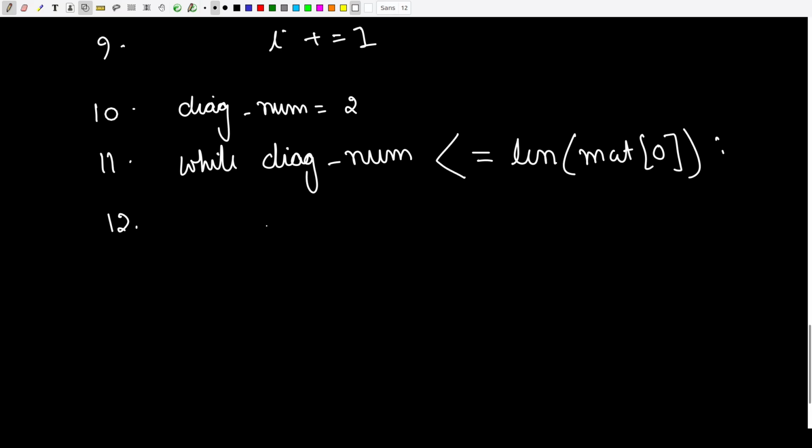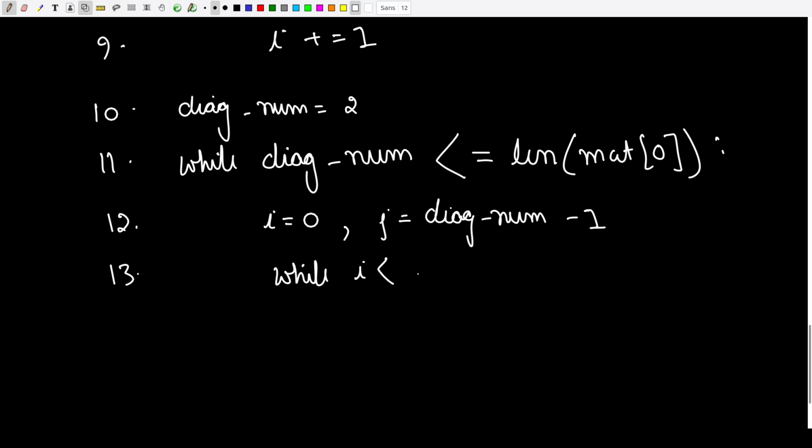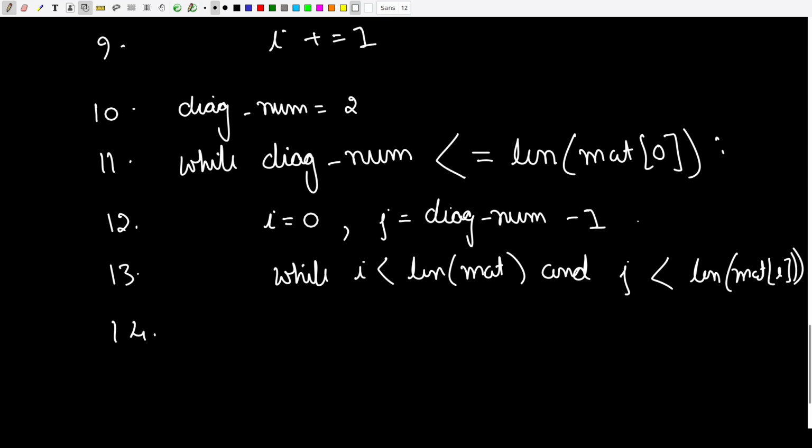Now let us initialize the value of I and j. So for upper diagonals, the value of I will be constant, which is equals to 0, and the value of j will be equals to diagonal number minus 1. And now let us iterate on I and j. So while I is less than length of matrix, the number of rows, and j is less than len of matrix of I, which is the number of columns. So while this is the case, and again value will be there, and the initial value of value will be